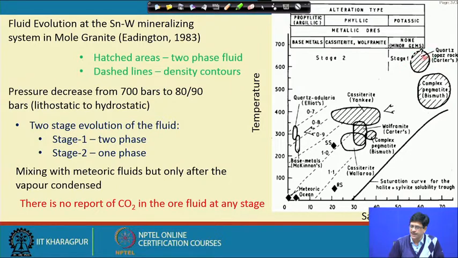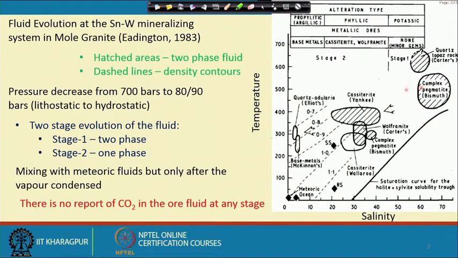This is the quartz-topaz rock from which inclusions were studied in topaz. This is the complex pegmatite where the inclusions are studied in beryl as well as quartz. Most of the time inclusions could be studied in more than one of the constituent minerals of the ore, and interpretations can be made. Now the interesting thing to observe here is this area marked by hatching, which is essentially the situation in which the fluid was in a heterogeneous condition, meaning vapor and liquid coexisting, or in other words corresponding to a boiling situation.